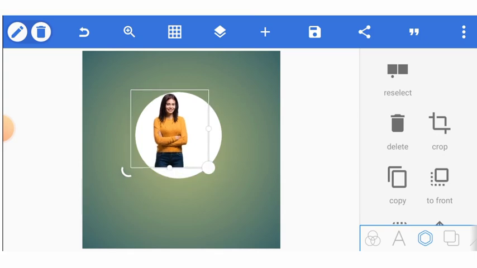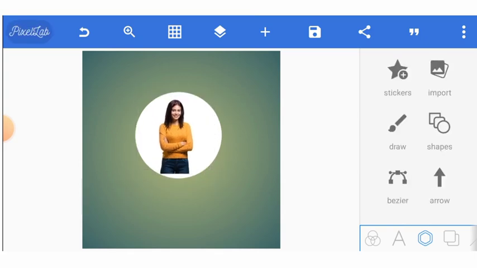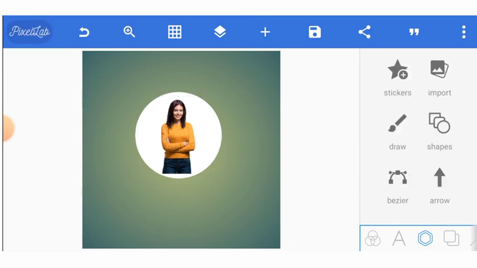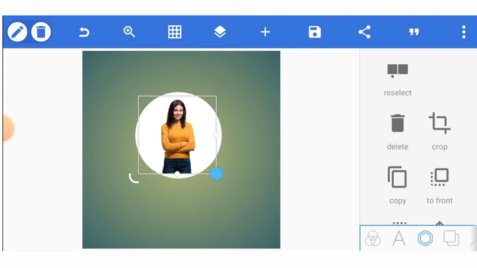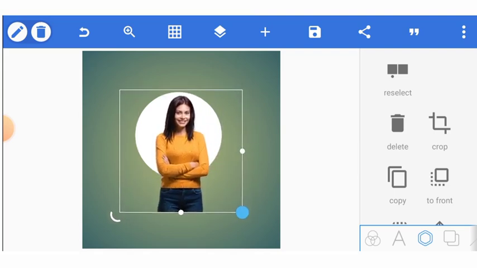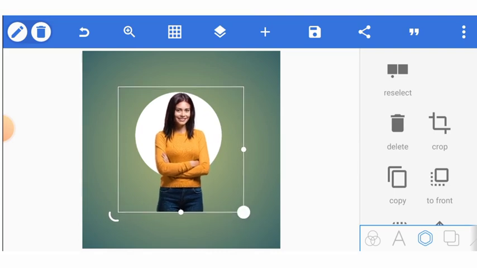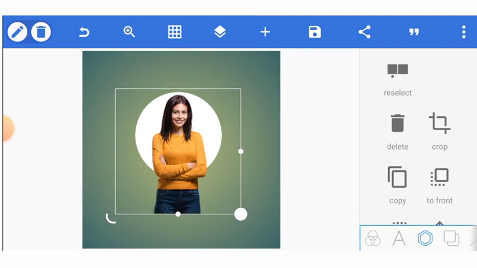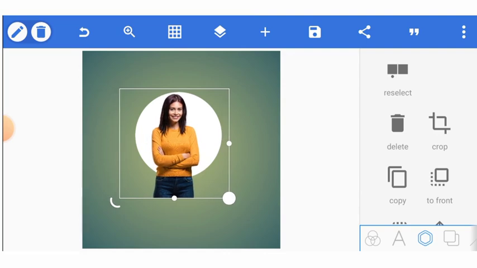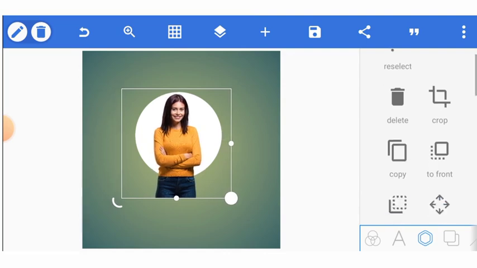If you adjust it this way, you're going to see that it is not working as expected, because part of the circle is still appearing below the lady. So if you want the lady to fit in exactly, just try to increase like this. I want the arms to be part of this. Put it here, and then